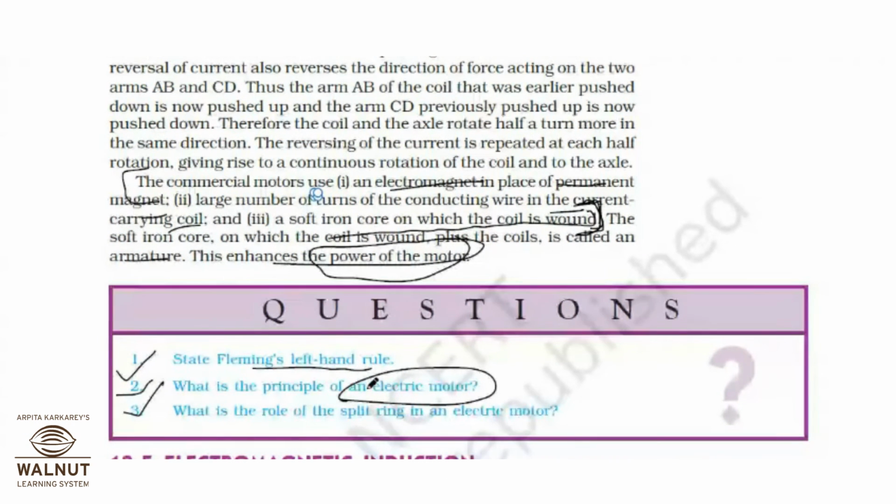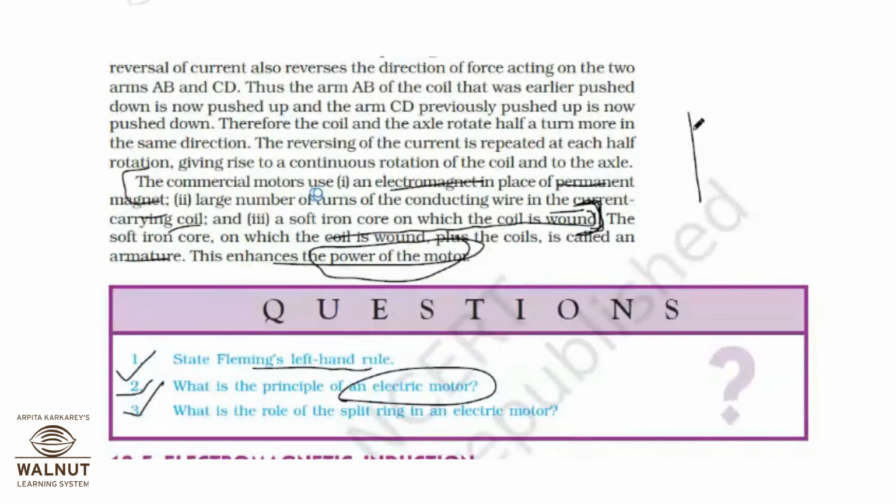Though we have discussed it in the starting also, where I asked you one question in today's class only. How is that rotation possible? Why is the armature coil rotating? Due to which factor? That is okay, magnetic effects of electric current. But why was the armature coil rotating? Due to which factor? Why was the rotation possible? That is what my question is.